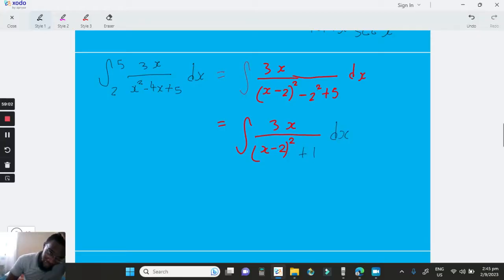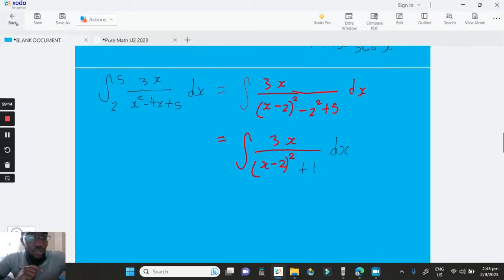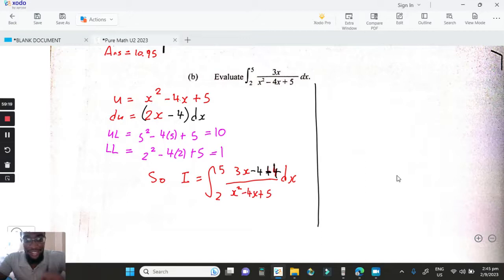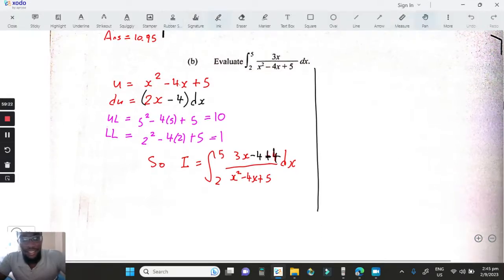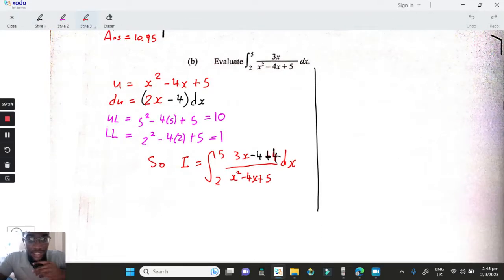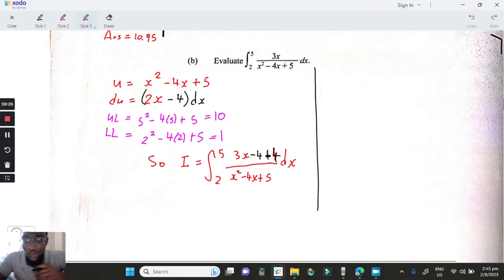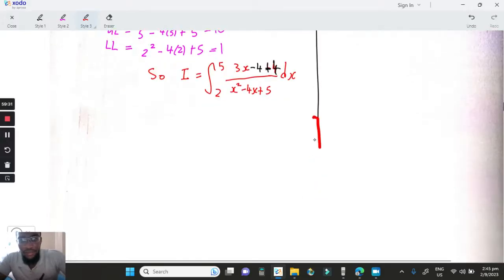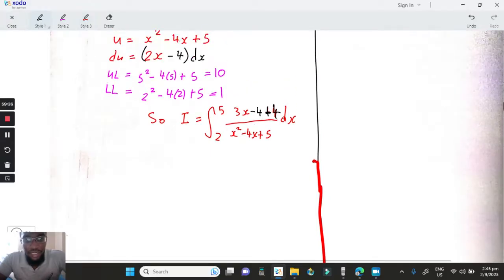So why did I do it like this? Because this allows us to look at what we'll be working with. But truth be told, guys, I'm telling you the honest truth, I'm winging it. I'm rusty. As I said, this is a difficult question. I didn't really look at the unit 2 paper in thorough depth, but now when I think about it, this is a good question. Let's see how we're going to tackle it, because both ways look difficult. I'm going to take it this way here